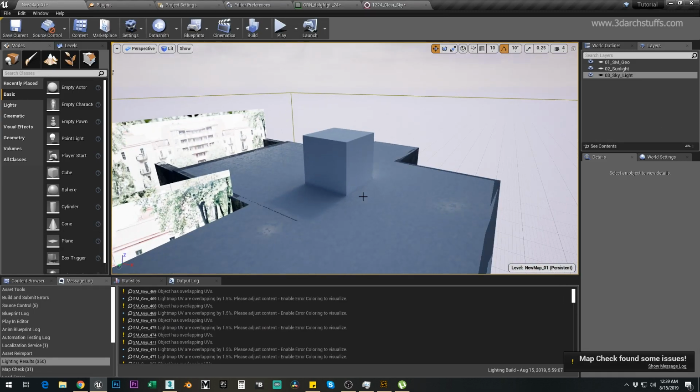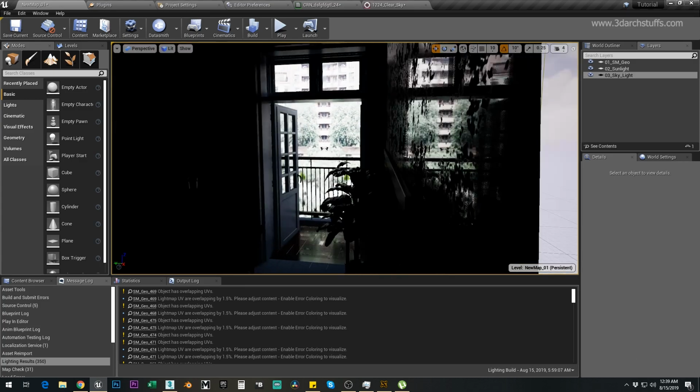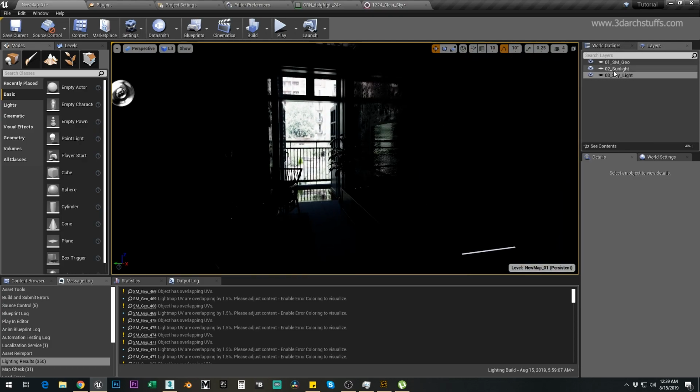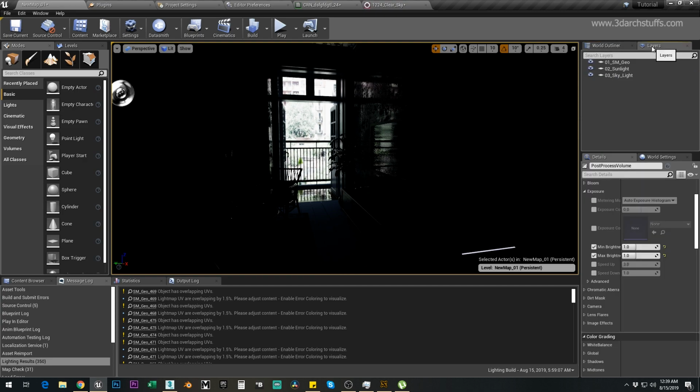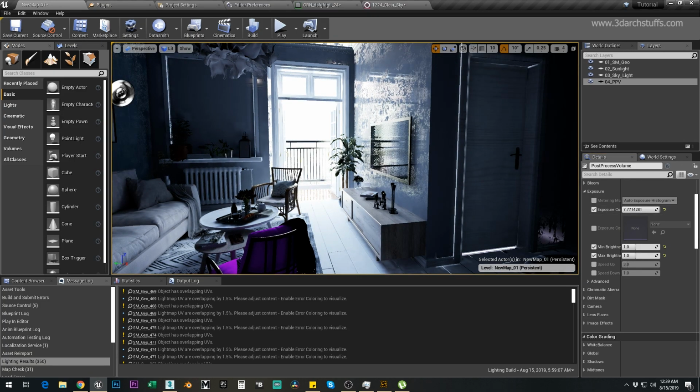So as you can see here, if I go inside the room and select the post process volume, I will make a layer for this also. So 04 underscore PPV post process volume, and if I go here and just increase this exposure compensation for a bit,